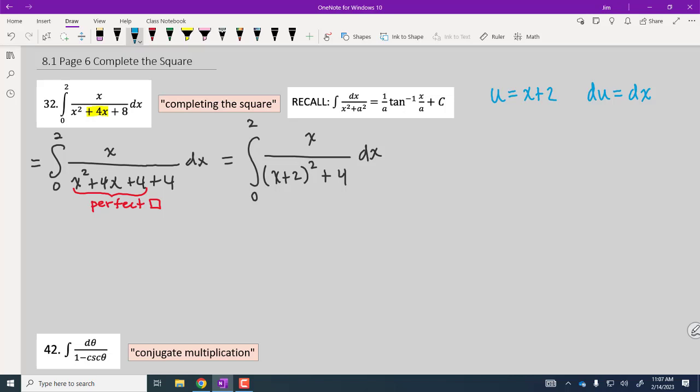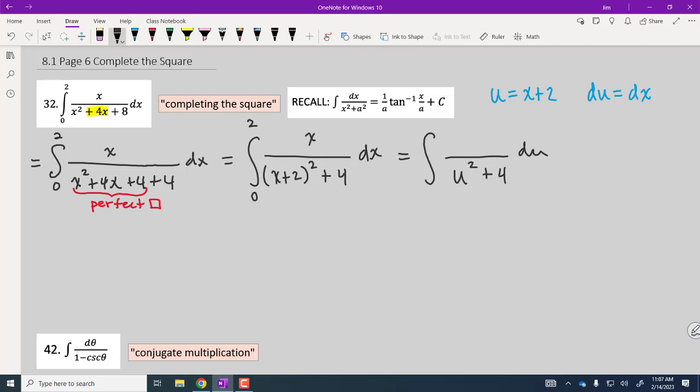All right. So this is going to be, limits of integration are going to change. We're switching variables to u. And I don't think anyone's going to have trouble with this denominator. We're just going to write that as u squared plus 4. And du and dx are the same. But